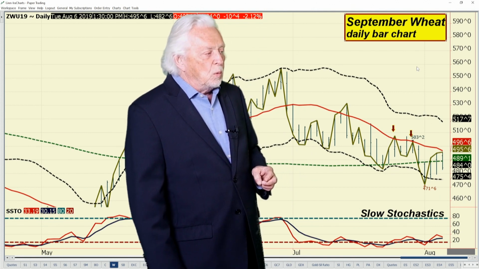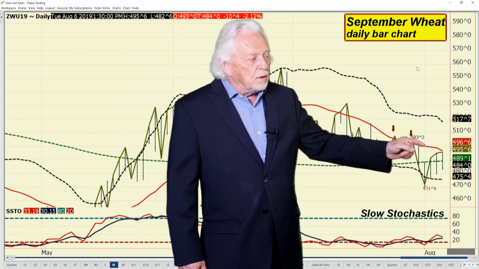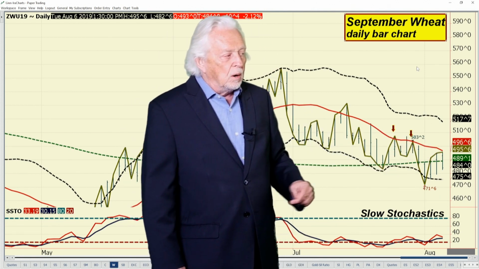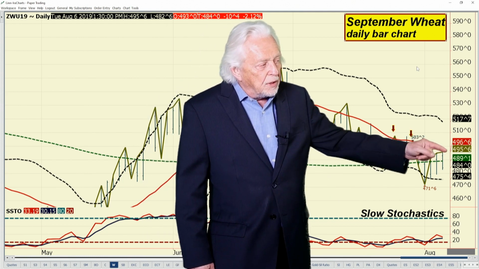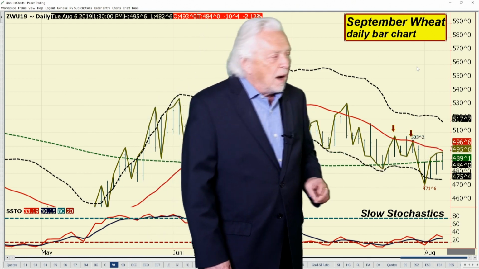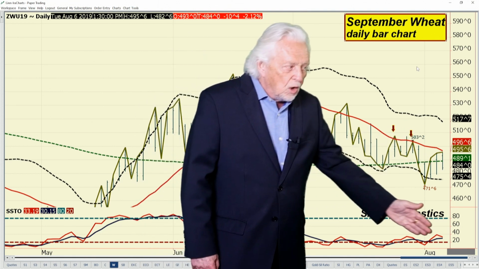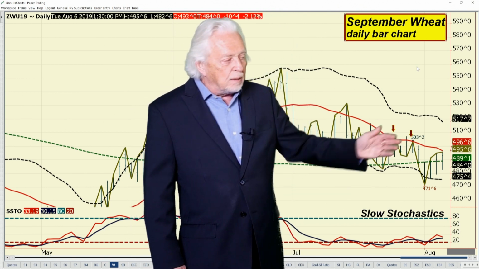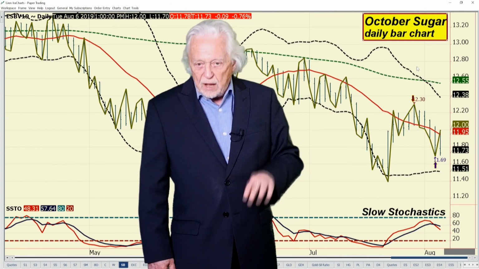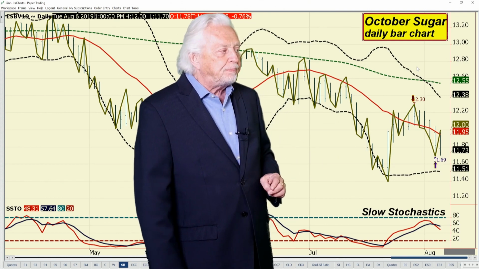In the wheat market, you still have a pattern of lower highs, lower lows. This market is still bearish. I think the pros were waiting for the market up against the 18-day average. It didn't quite hit it. It missed it by a penny, and you can see the reversal back down. You're no longer in an oversold condition. You're just in a downtrend, with a downside bias in a market that's had a correction in momentum.